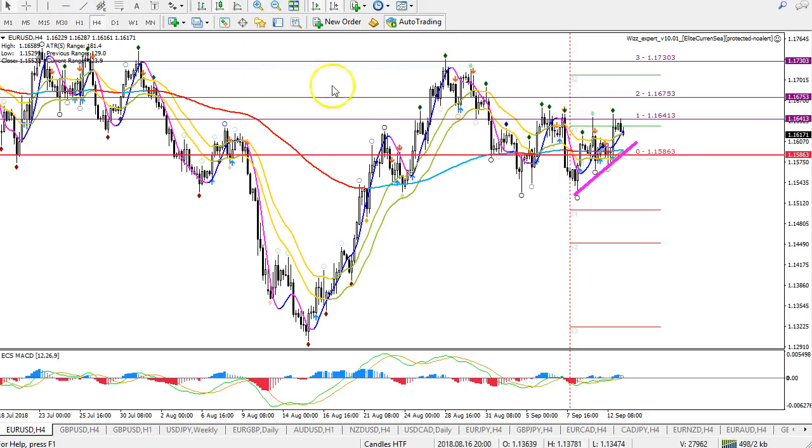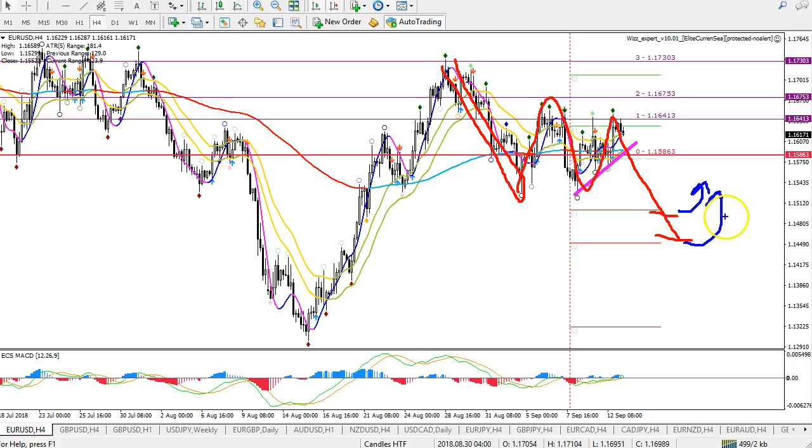This could be a bigger correction like this. This could be one swing, this could be the second swing, and we can get a third swing to the S1 or S2, which in turn are support zones where price might bounce back to the upside, because ultimately this is looking like a strong wave, a strong push or swing, if you don't like waves. This is a first corrective swing, this is a second, and this is a third. So ultimately this pattern still looks bullish.